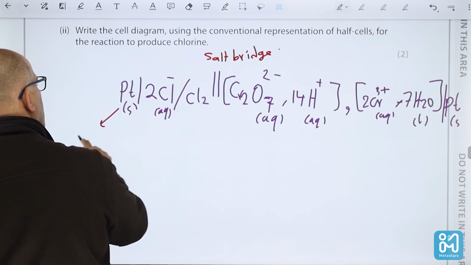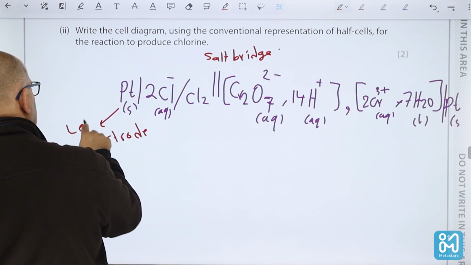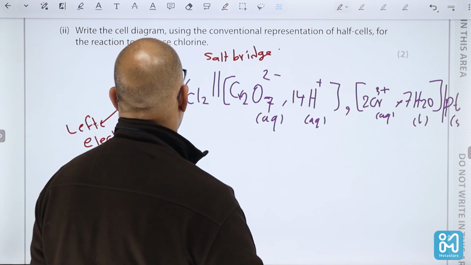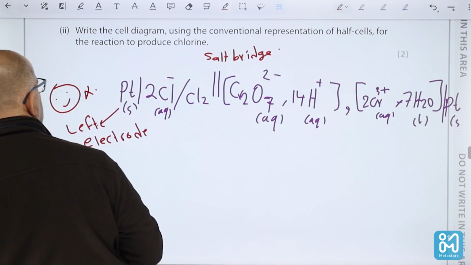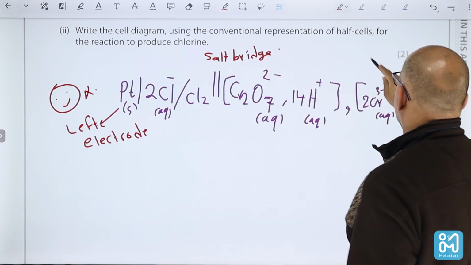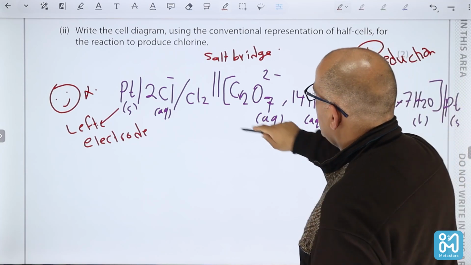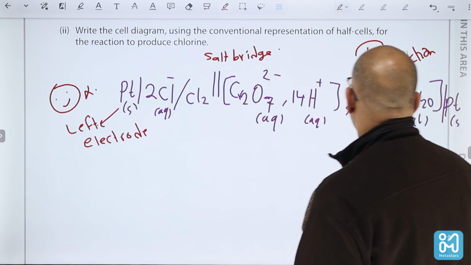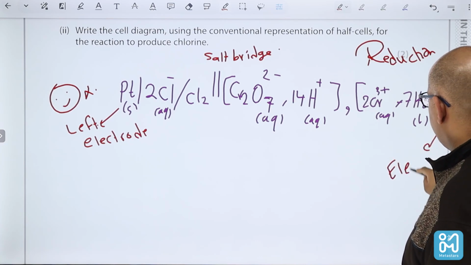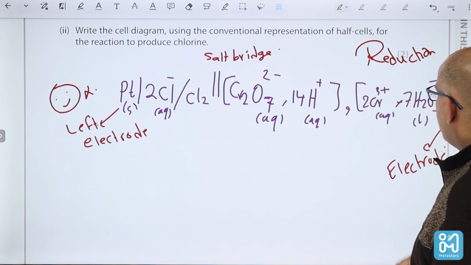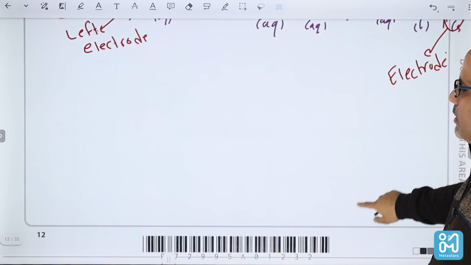This is the electrode, or the left electrode, where the oxidation takes place, and here the reduction. And after this salt bridge, we write the equation and the electrode, and at the end we have the electrode. Okay? That's how to write the notation. Now,